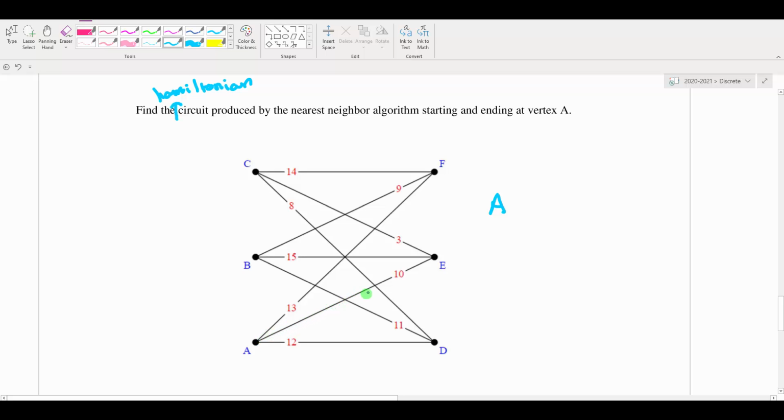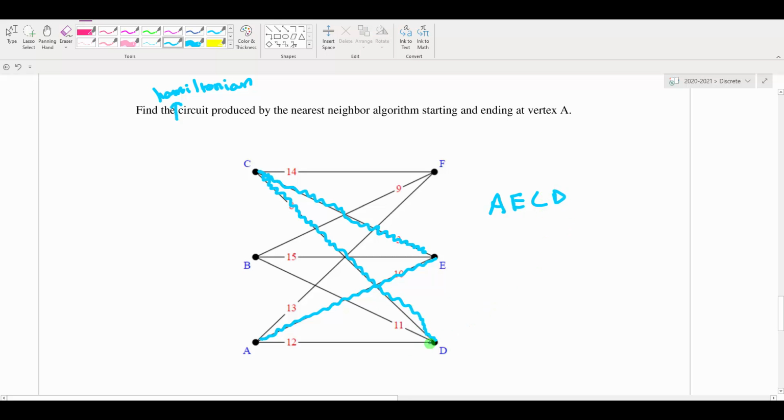Okay, so notice here this edge is 10. This edge has a weight of 13. This edge has a weight of 12. So we're going to take 10 first. Okay, so I'm just going to mark my path here. So we're going to go A to E, and then we got to look at E, so we have a 15 and a 3 coming out here, so we've got to take the 3. You always have to take the shortest edge. So we're going to go from A to E to C. Now once we're at C, our options are 14 and 8 here, so 8 is the shorter one, so I'm going to go down here,